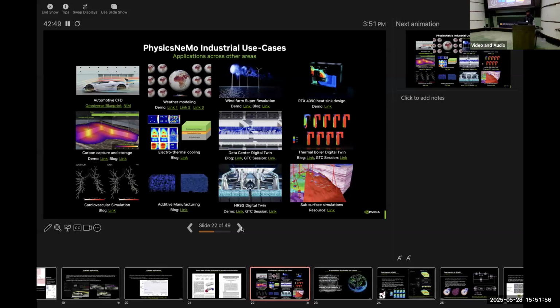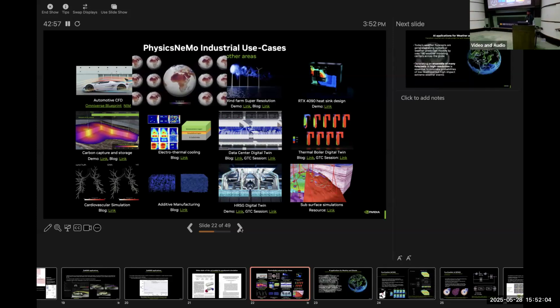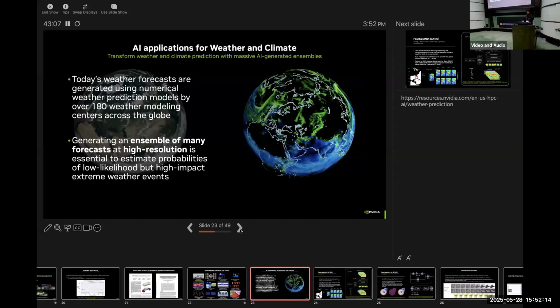So that was one of the applications that we are working on with automotive CFD. Now let's look at one other important one that we have been working on for a few years, which is weather and climate. To give high level context to folks here, simulations are used widely in the weather forecasting community as well.